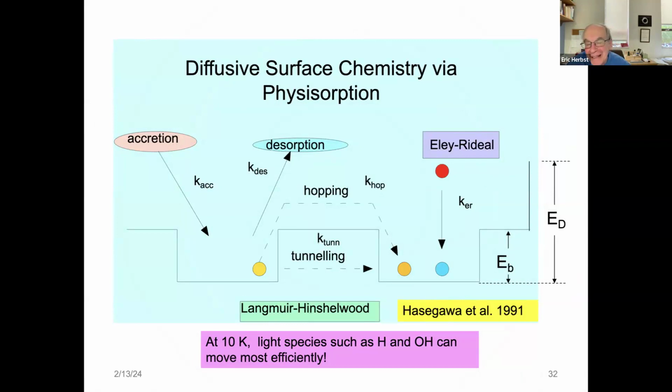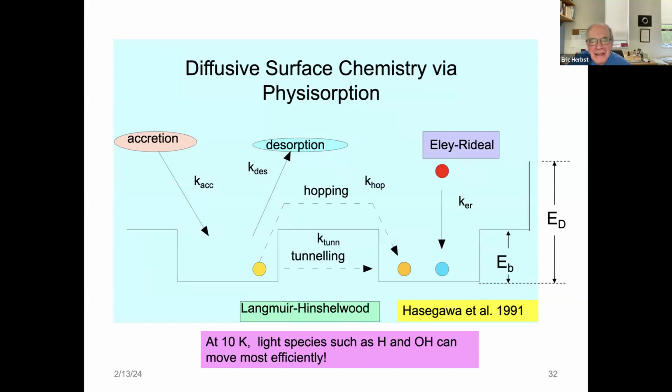Now, there are two types of barriers on surfaces. The surface itself has barriers because they're bonded. The surface is more strongly bonded in some places. That's the potential minima, and then there are potential maxima. And then in addition, the molecules have their own activation energy. That is the potential barrier I've shown you before. So it's a rather complicated picture for surface scientists to figure out what happens.